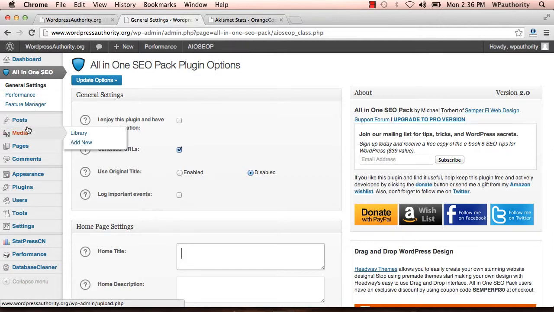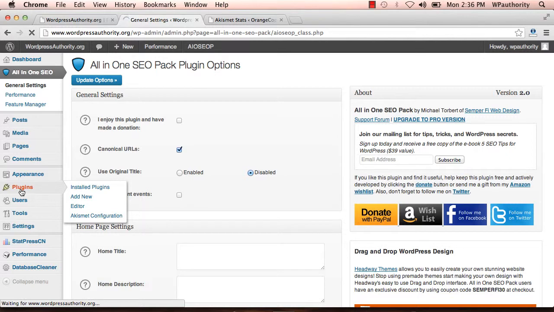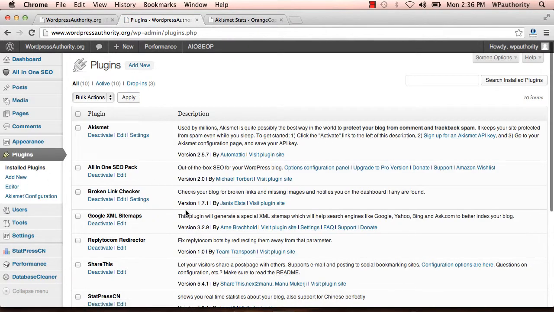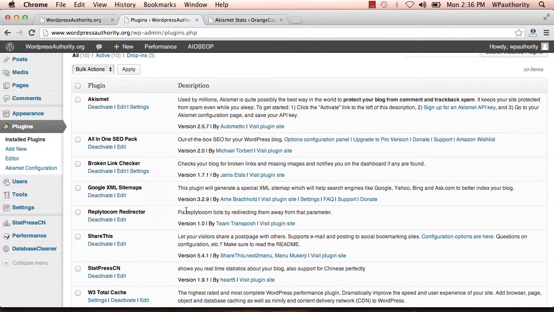The next must-have plugin we will explore is Broken Link Checker. This is a simple plugin that will check if there are broken links on your website. In the long run, when you write more and more content and link to different websites or different pages within your blog, you would encounter a lot of broken links.